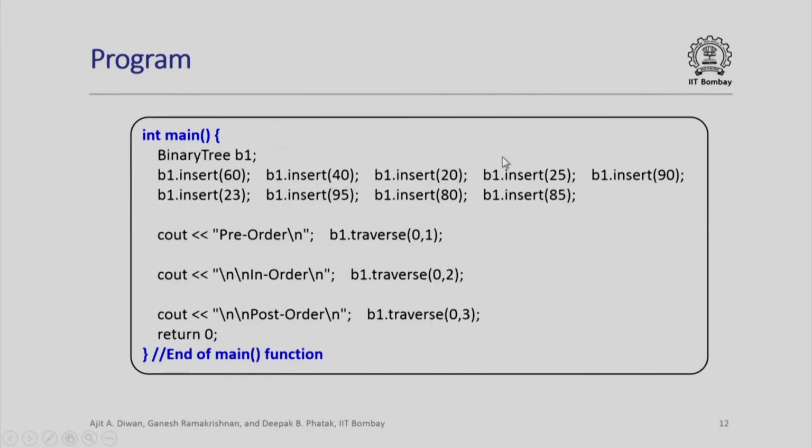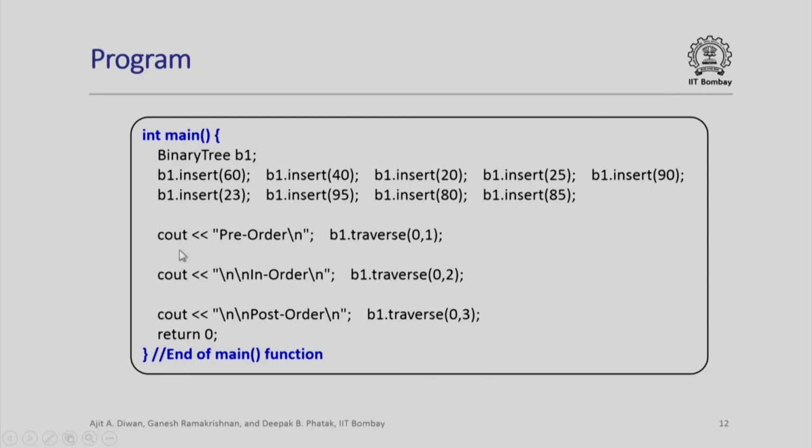This simple mechanism permits us to do the traversal in all the 3 possible orders depending upon the parameter that we give. Here is our main program. So, the binary tree is declared as B1. First of all, I will simply insert into this tree in the order in which the values come. We assume that the values come in the order 60 followed by 40 followed by 20 followed by 25. Notice this is the same order in which we saw how the tree was getting constructed. We use insert, insert, insert, insert, insert.